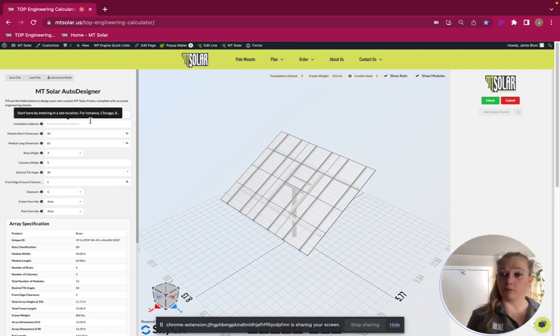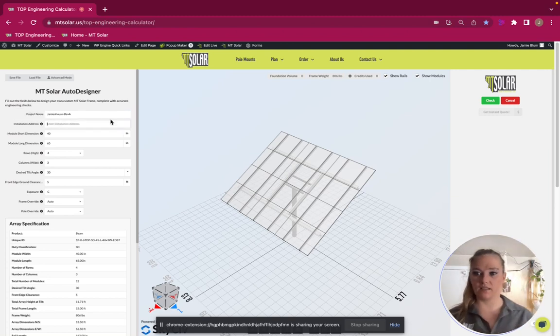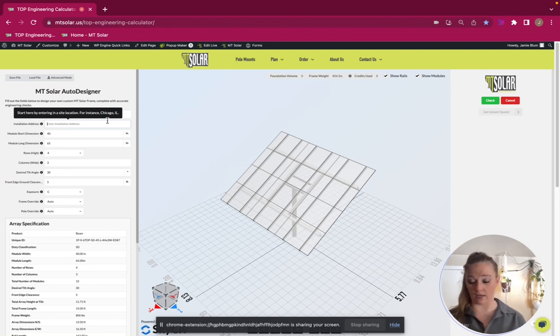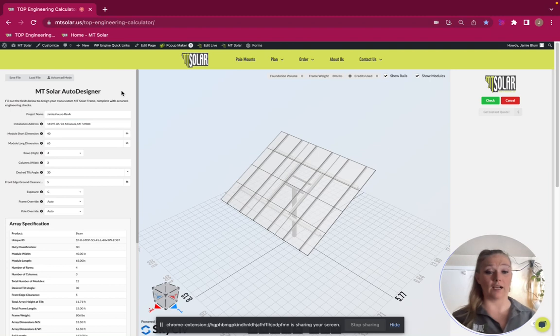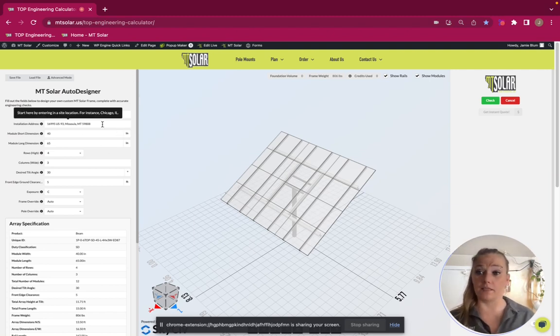Okay, so moving on, the next step is to put in an address. I like to put in a full address. That usually works the best. Sometimes you can use city and state, but basically what the address does is it pulls from a national database for wind and snow loads in the area. So you're going to want to do mostly the full address that gets the most